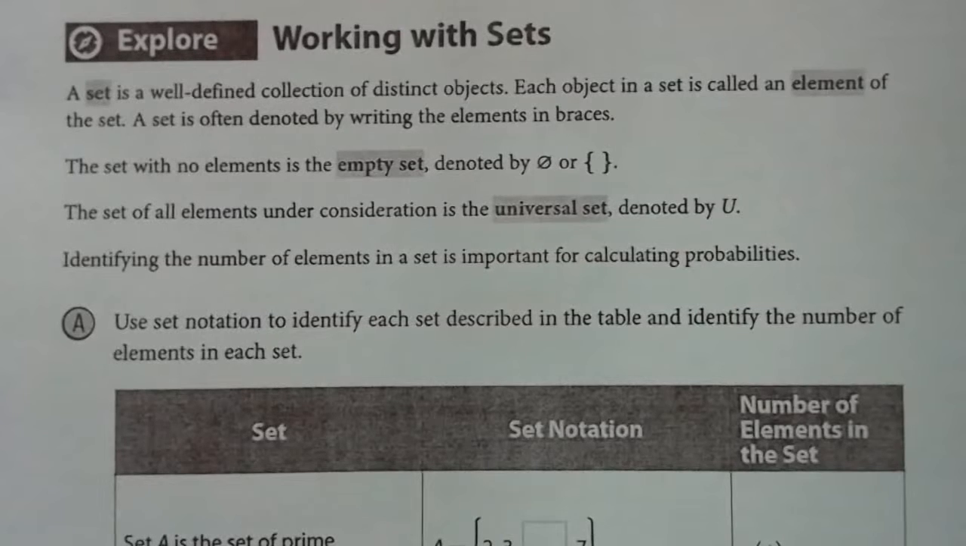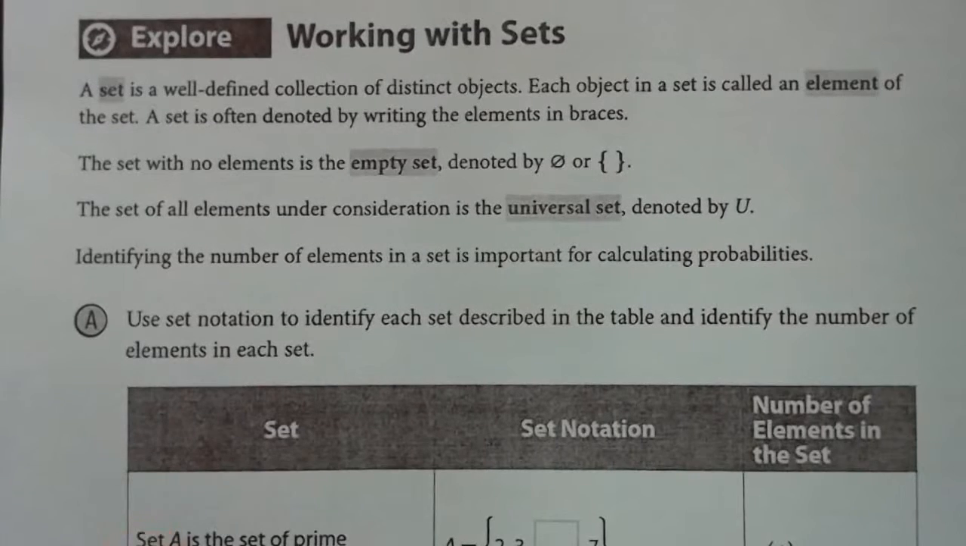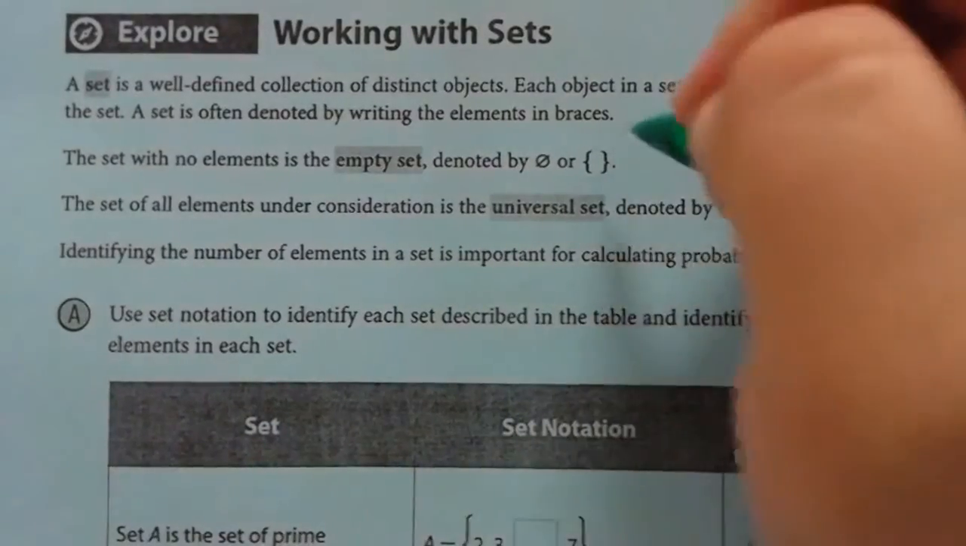So the very first thing we're going to need to do is to define a few things. The first thing we need to define is what is a set. A set, it says, is a well-defined collection of distinct objects. A set is just a list of stuff. If I were talking about